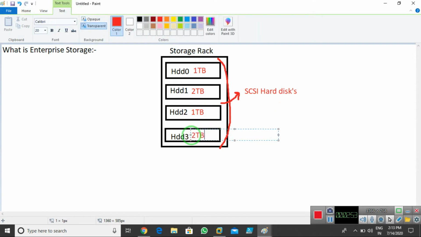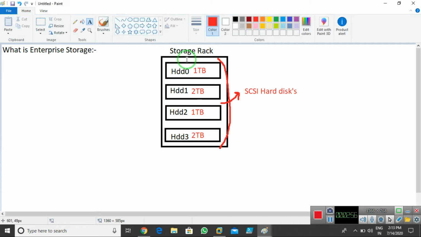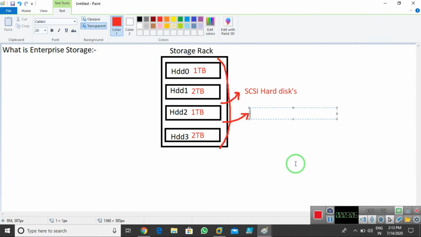So in total, if we count, we have 6 TB of space in this storage rack. The total capacity of this storage rack is 6 TB.